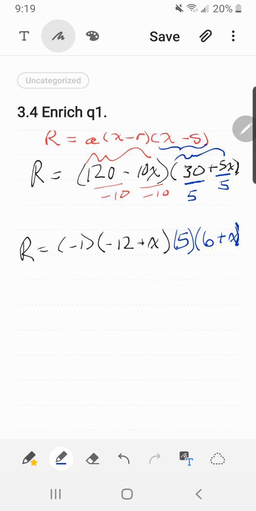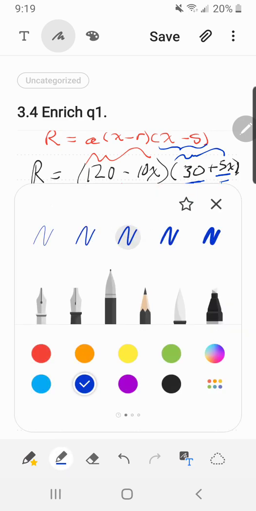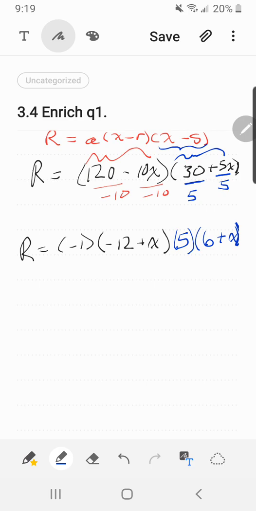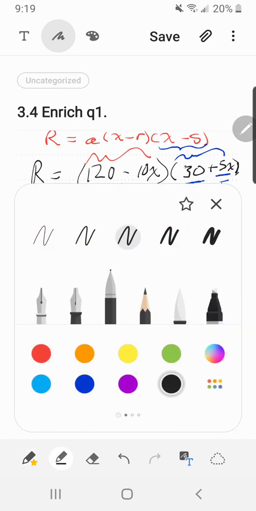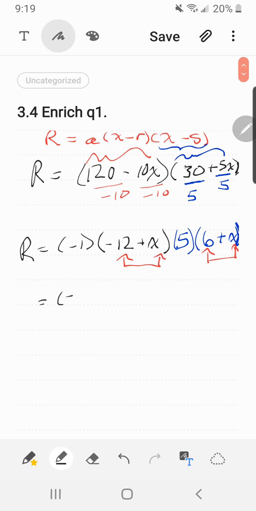And now that we've got that, we can just swap these things around. So literally, for this, just going to put it in red, I can take these two and swap them around. And I can take these two and swap them around. And so let's write out the bracketed portion of our work right now. So we're going to get negative 1. And instead of negative 12 plus x, we're going to get x minus 12. And we're still going to get our 5 from before. But instead of having 6 plus x, we're going to have x plus 6